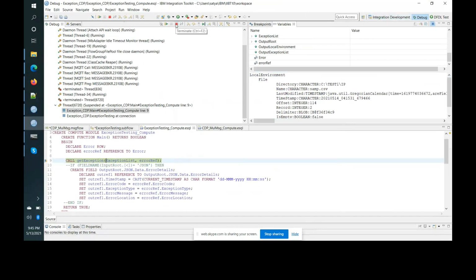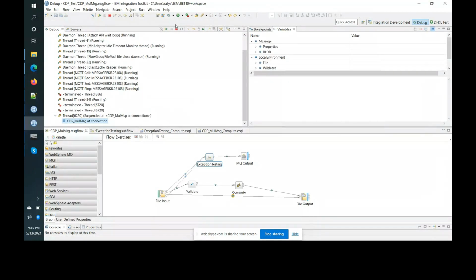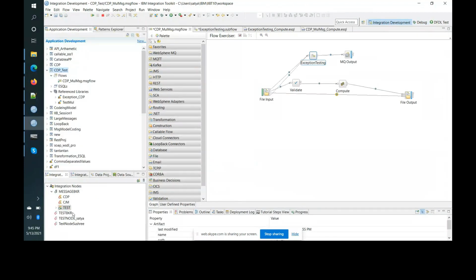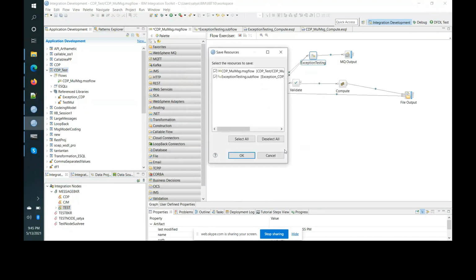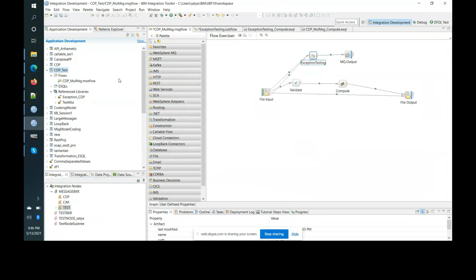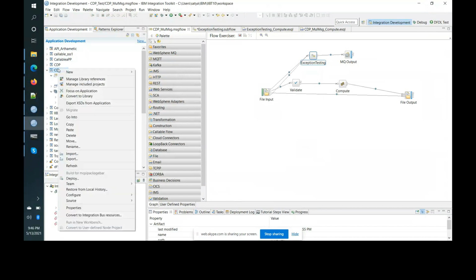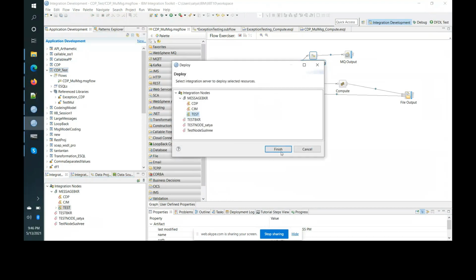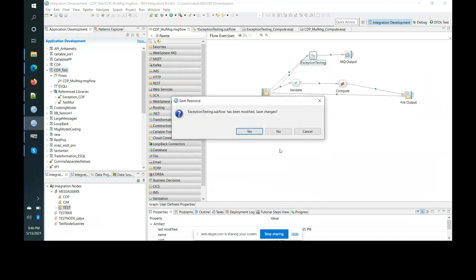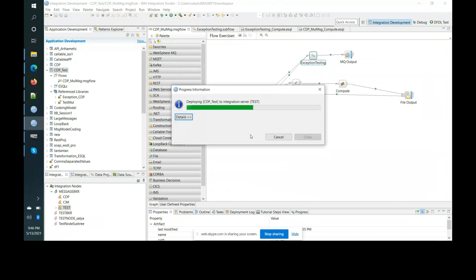Otherwise, what will happen is this thread will be on hold status and it will not allow you to deploy. When that pop-up comes, you can say yes, save my resources. Thank you. I'm just learning. All right.